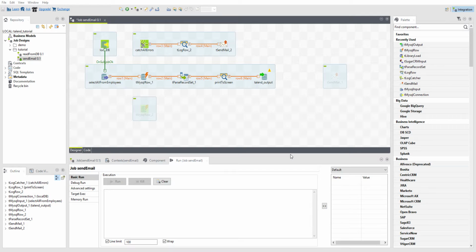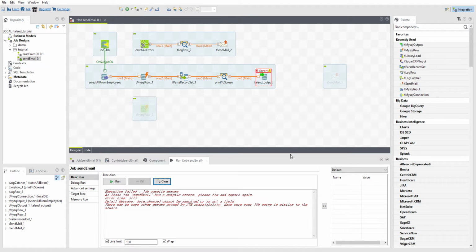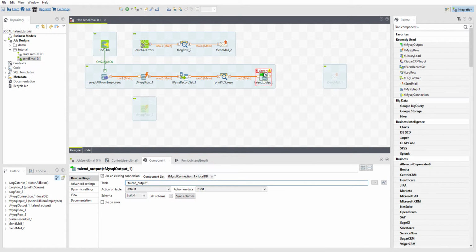Okay, so it doesn't know what the date changed means. So I'll double click on this, and then I'll go to